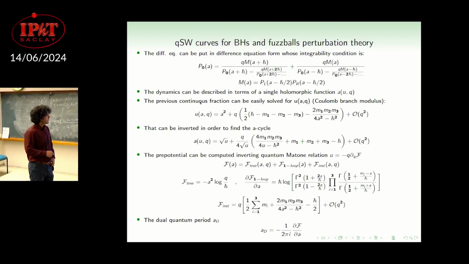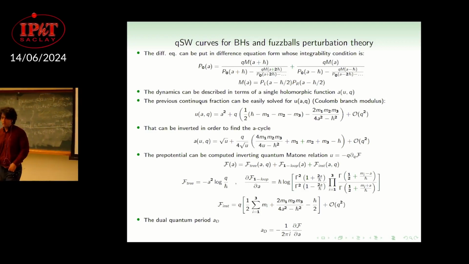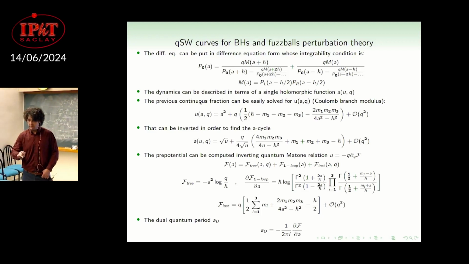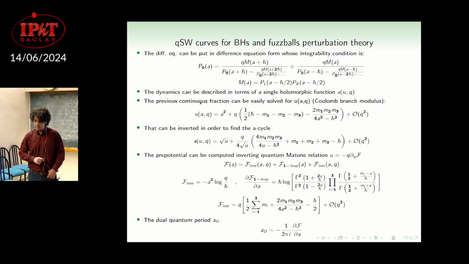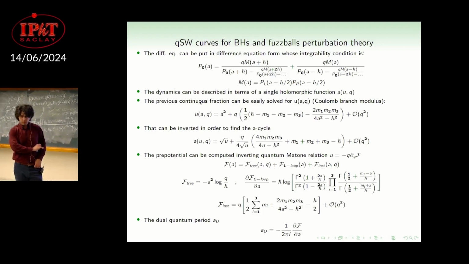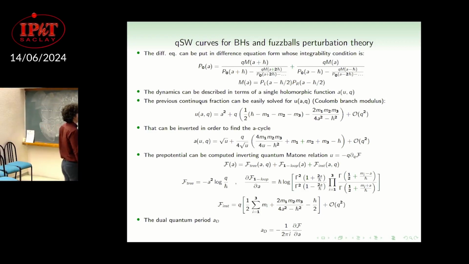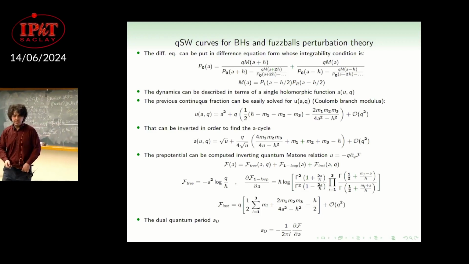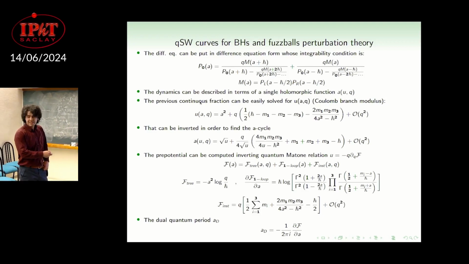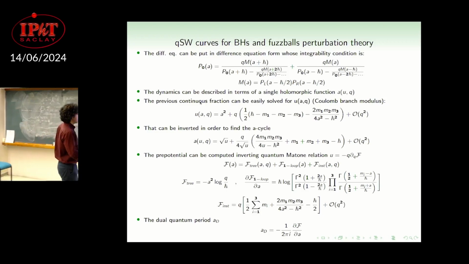The physics of? When the gamma function... when the argument of the gamma function is a negative integer, you mean? Yeah, or zero. This is relevant for what I'm going to say about tidal numbers. Your question is very interesting actually, but I will be more extensive when I talk about the tidal numbers. Because actually tidal numbers, as I will show, are simply a piece of the derivative with respect to A of the one-loop prepotential. But I will show it.